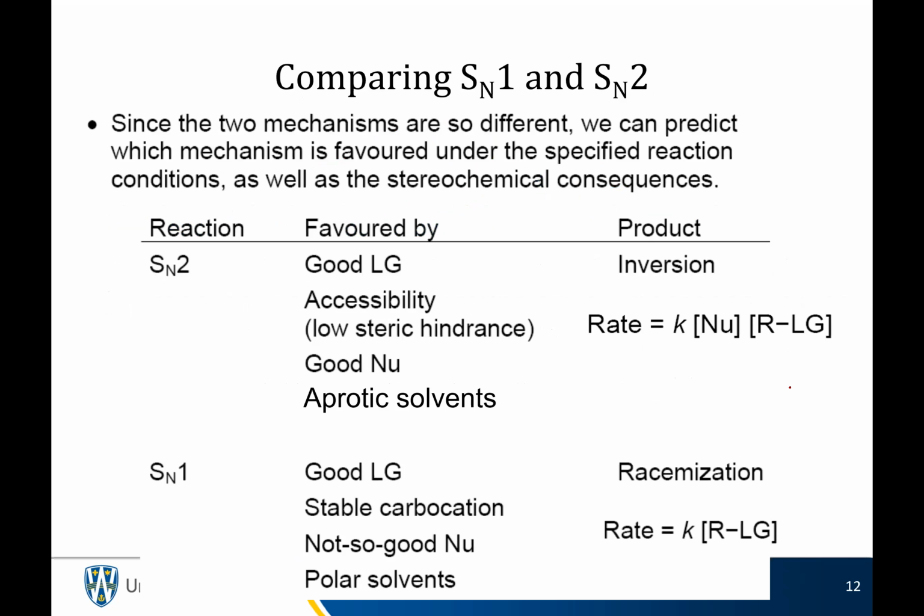So if we compare, just in a quick little table, what's the most common weak nucleophile for SN1? Water, probably. When an SN1 happens, there's always some water around because you weren't dry with your conditions, and so water comes in as a nucleophile. So if we're comparing SN1 and SN2, the SN2 is favored by a good leaving group, so is the SN1, because the nature of the leaving group matters for both.